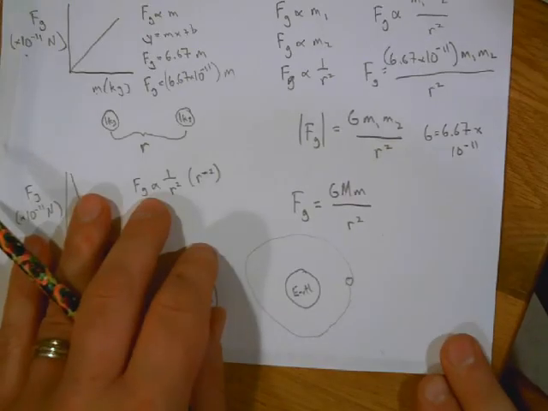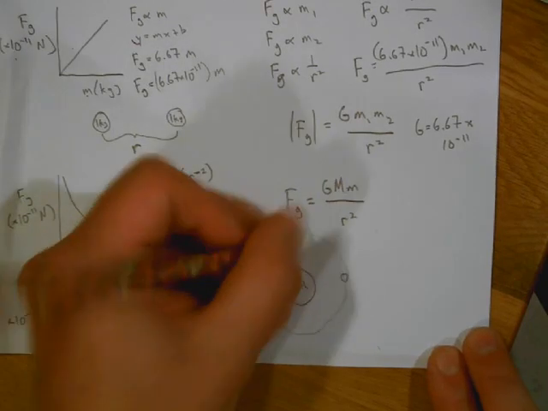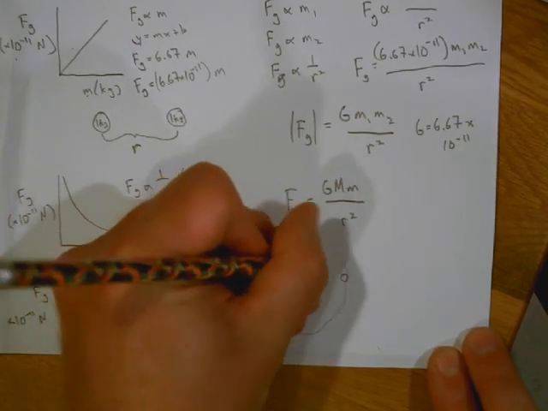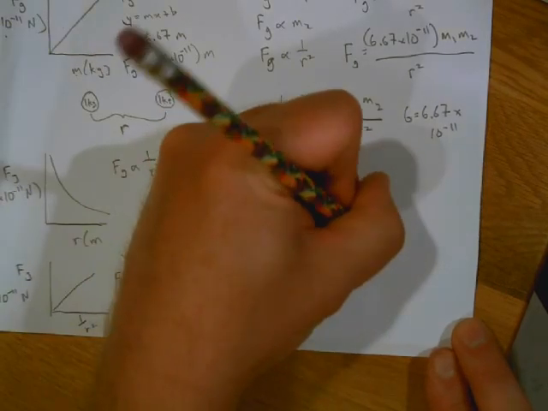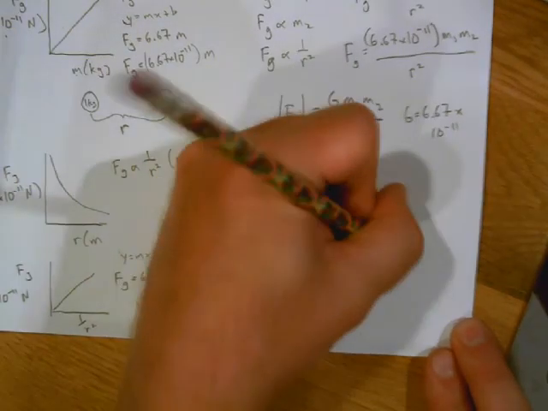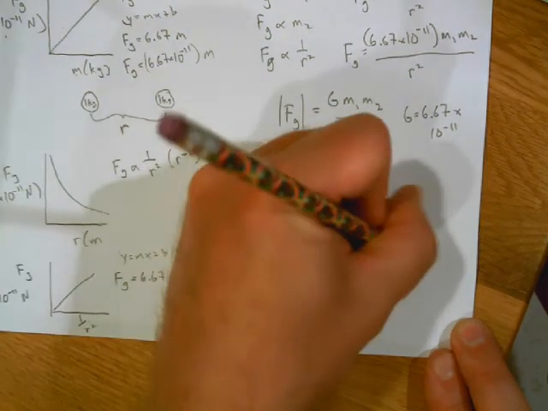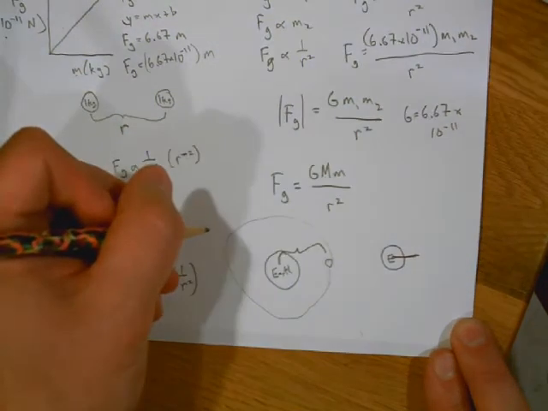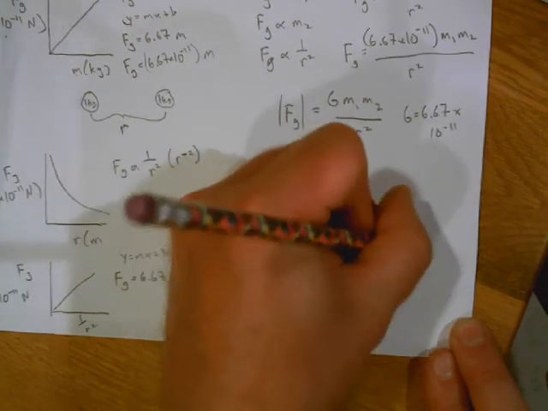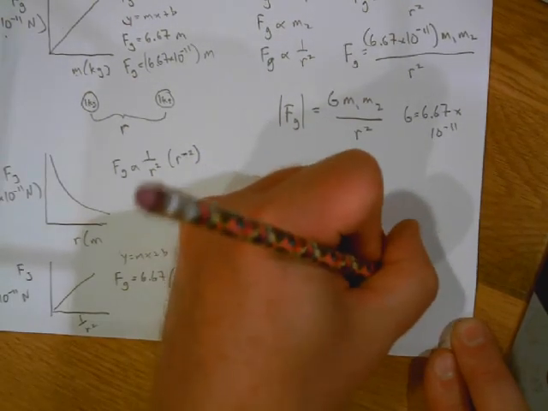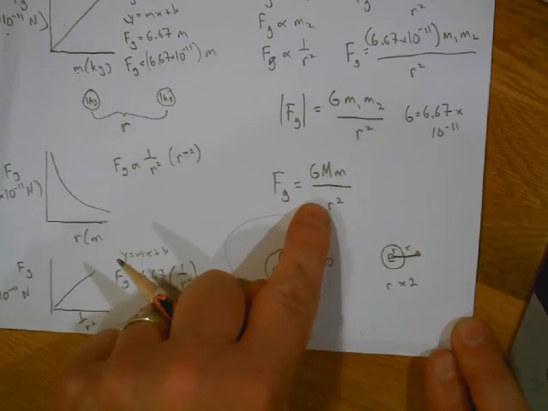Make sure that you are okay doing proportional reasoning. And the last thing I want to mention: you have to be careful that r is measured from center to center. If I say you have the Earth, and that's the radius of the Earth, and you have something else that's a radius above the surface, what did I just do to r? This is r and that's r. I just made r times 2.